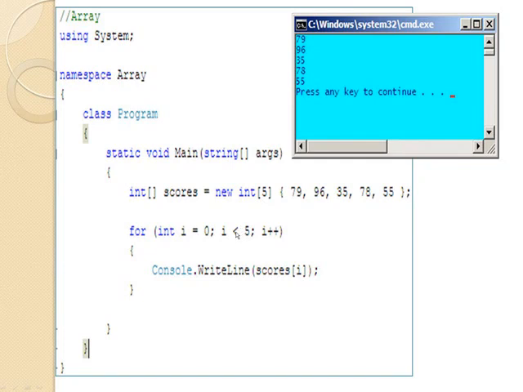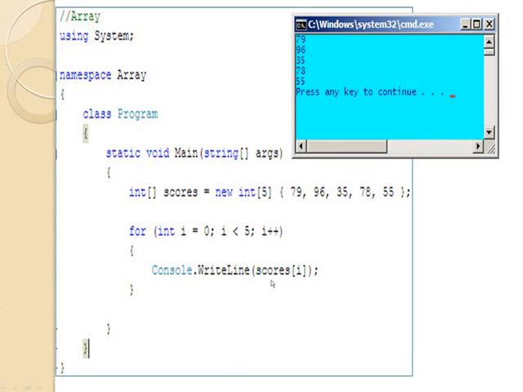So we do not want to go to the sixth element. If we do i less than or equal to 5, that means it will go up to the sixth element, but we want to go up to the fifth element here. And as I said, the index always starts at 0, so we have to have i equals 0, not i equals 1, if we want to access all the elements from the array. So index starts at 0, so we say int i equals 0, i less than 5, i plus plus,